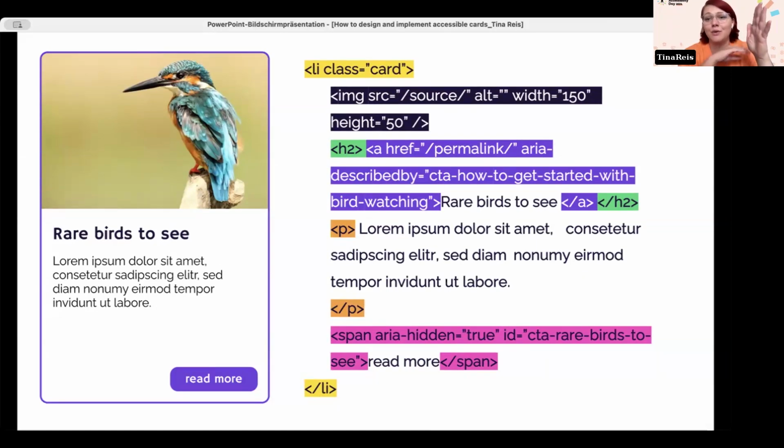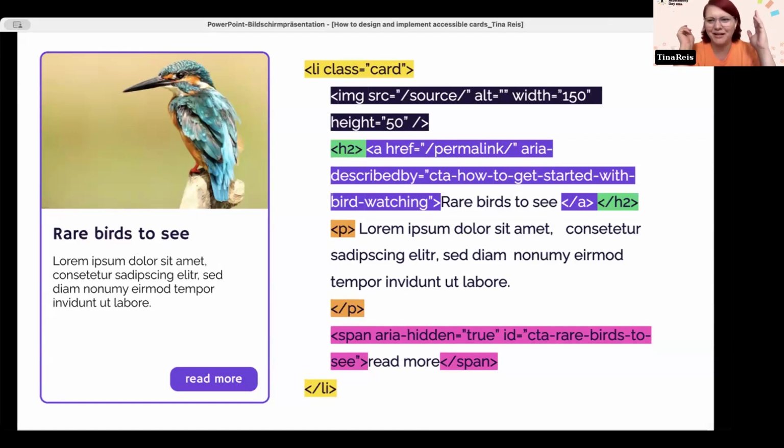That means on the link tag, you have an aria-describedby, and then the ID of your read more span. It doesn't look any different visually, but it makes it so the read more is announced when a screen reader reads the link. So it would say